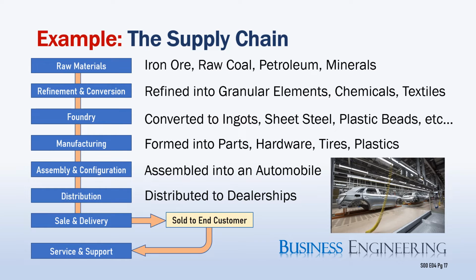That end customer will continue to utilize the dealership and other service providers, such as fuel stations and car washes, to operate and maintain that vehicle. Eventually, the automobile will be taken out of service and likely scrapped for parts and materials. This is the overall product life cycle, which likely has dozens, if not hundreds, of individual companies operating in a chain or a fabric to design, develop, create, produce, support, operate, and dispose of that automobile.